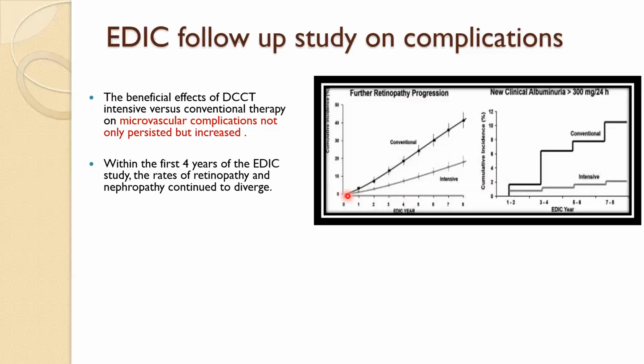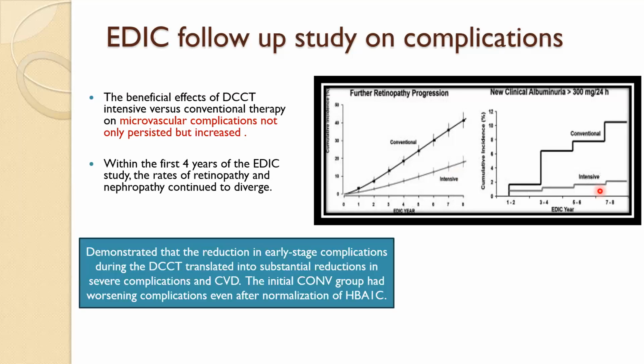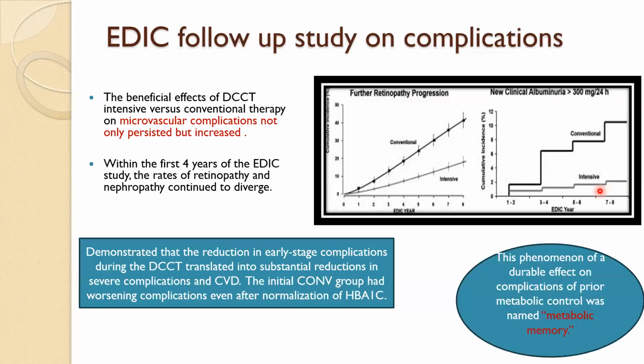While the ones who had initially been on intensive therapy, the complications continued reducing, just the way it was in the DCCT study. So the question was, why was this happening? With the converging of HbA1c, the complications should also have converged, but they didn't, they continued diverging. So they named this phenomenon metabolic memory,